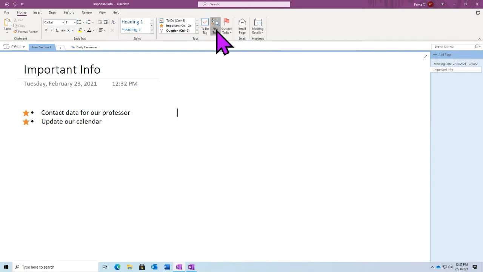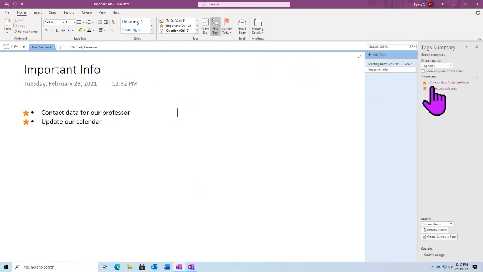And when we select Find Tags, a menu will open up on the right-hand side here. And we want to show everything across this entire notebook. So we can show all the tags in this notebook, in this specific section group, a section, or a specific page, or even all notebooks if we'd like to. So I'm going to look across our entire notebook here.